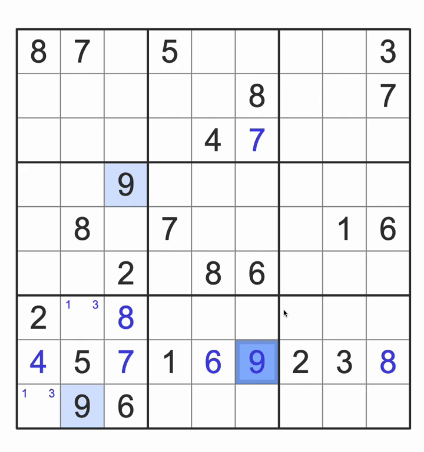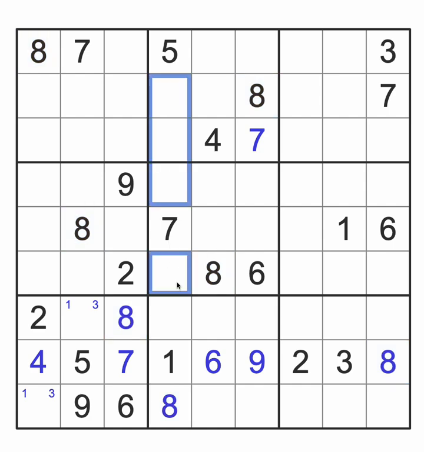Okay, and I can place 8 in box 8 because of this 8 and this 8. They block these. Gives me 8 here. Now, the only way I found is kind of complicated. Anyway,